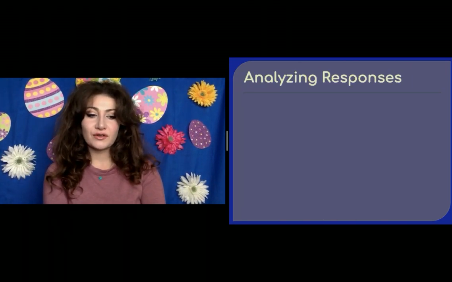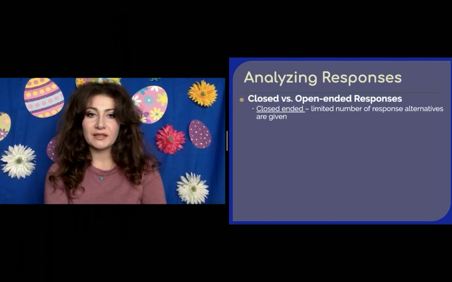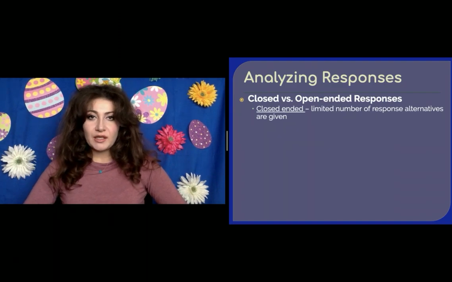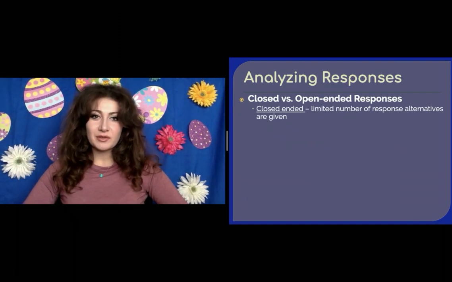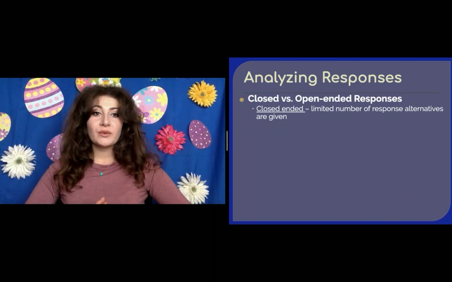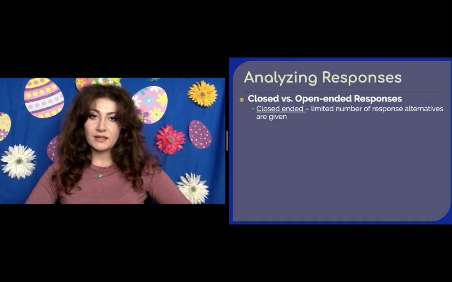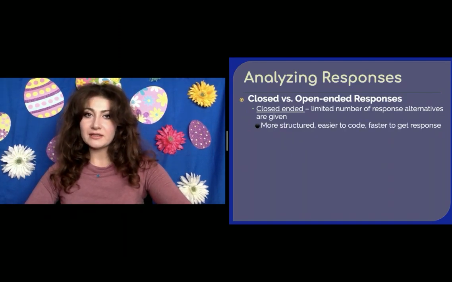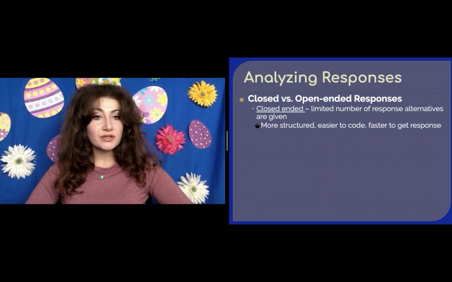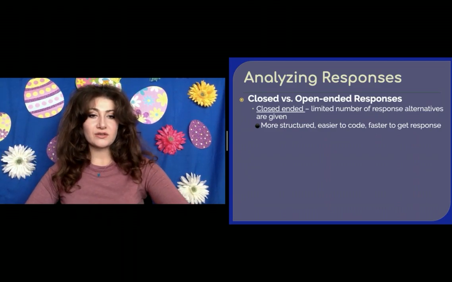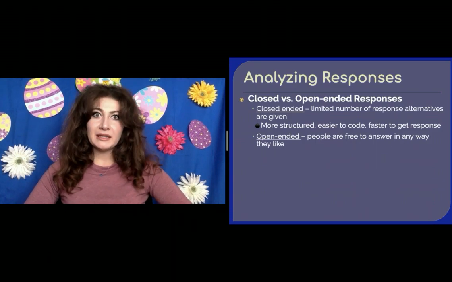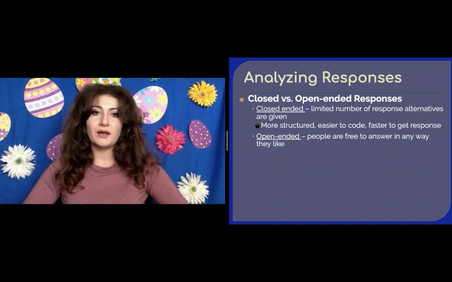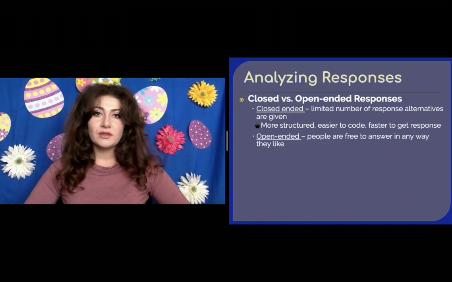So after you've constructed a survey, right, you've administered it, how do we actually analyze the responses? Well, the first thing to consider is that not all items in a survey have to be multiple choice or some sort of a scale. The ones that are, we call closed-ended, in which case the participants have a limited number of response alternatives that are given to them. These, of course, are more structured, easier to code, and much faster to get a response from people, meaning that participants are more likely to tick some boxes versus actually write you a lengthy explanation in